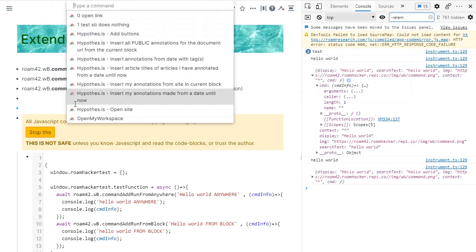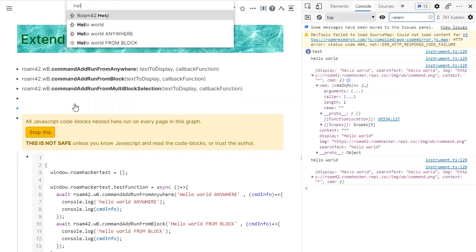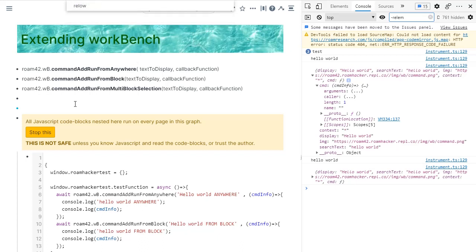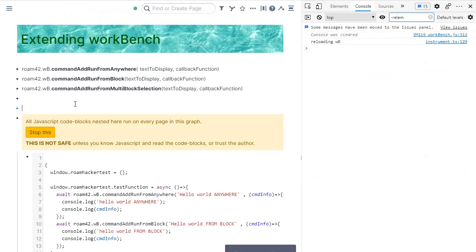Now we say hello world. And you'll see the old entry is still there and our new ones are there. That's because basically it gets added to an in-memory list that is refreshed upon every restart. But if you're doing a lot of development and the menu gets kind of weird, you can just use the reload workbench command. It's included in the workbench. It reloads. It takes about 4 or 5 seconds,